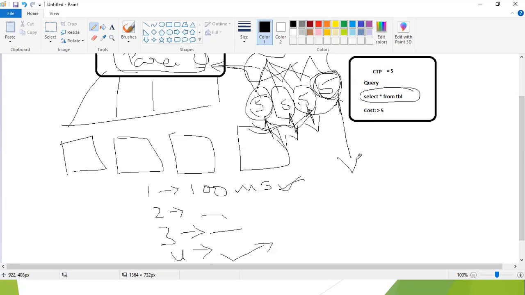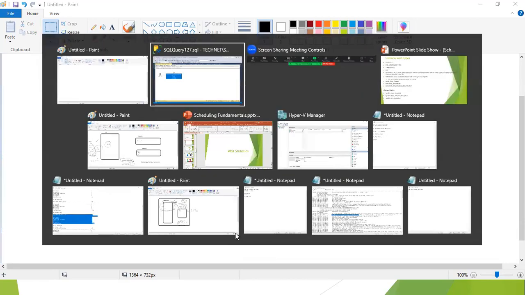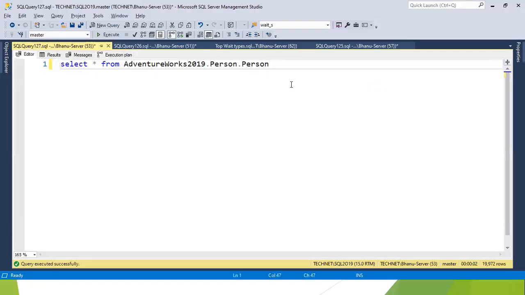If one of the threads is lagging behind, the other threads will also be waiting for the execution to be completed and the other thread to process the result set. Until this thread is completed, the other three threads have to wait and increase the CPU time, right? If that is the case, you will see waiting for CX packet or CX consumer. Both are the same. I think starting from 2016, the CX consumer wait was introduced because of this same logic. So let me see if I can show you